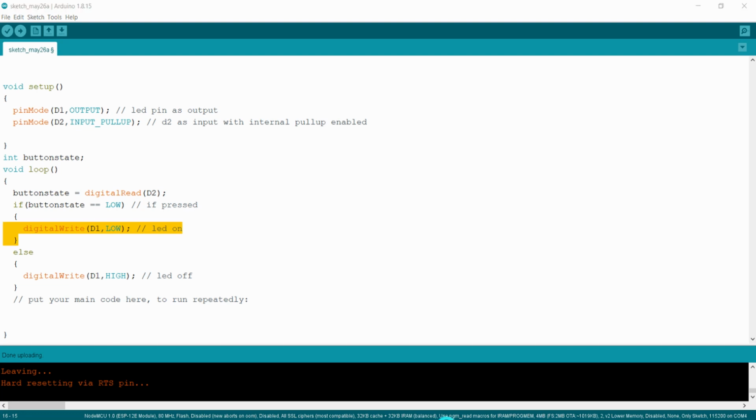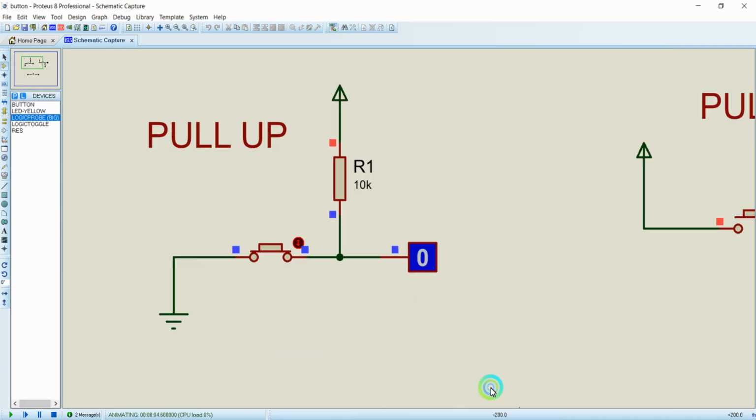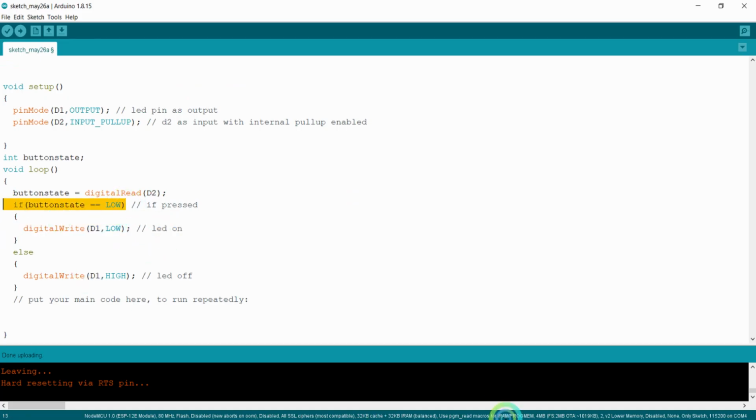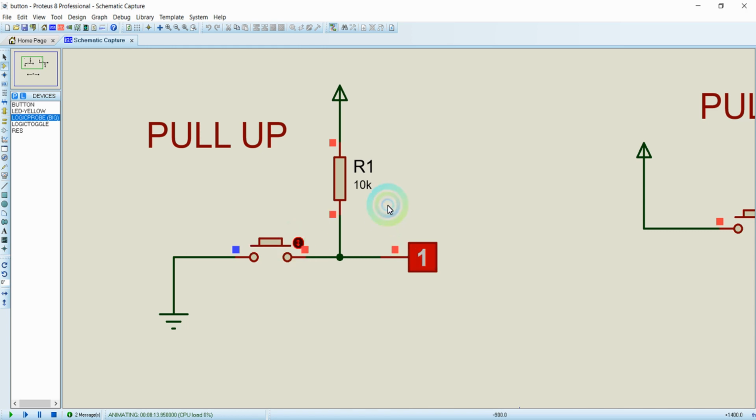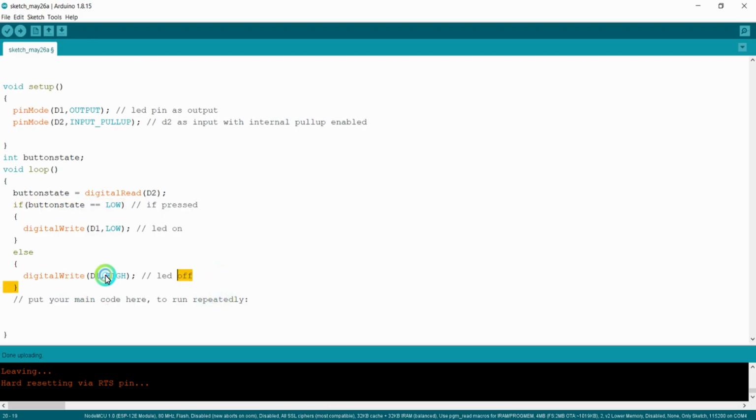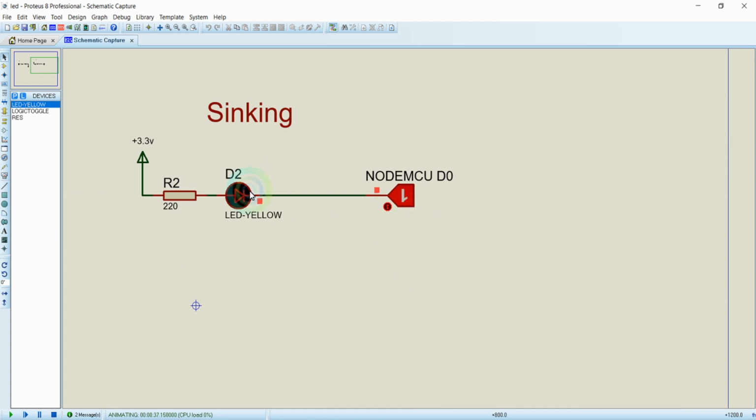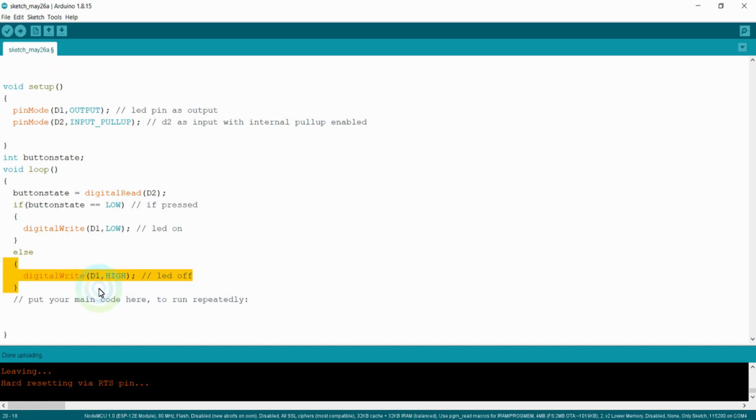So we know that our LED is also in sinking and our logic is also pull up. So if it is becoming low, I will make the LED pin low for glowing the LED. And if it is high, that means if the button is not pressed, I will have a high signal in the GPIO of the NodeMCU, and if it is high, I will make the D1 pin high. So D1 pin high means the LED will be turned off, and D1 pin low means the LED will be turned on. And for now we will be making the D1 pin high for turning off the LED. So that is done over here.